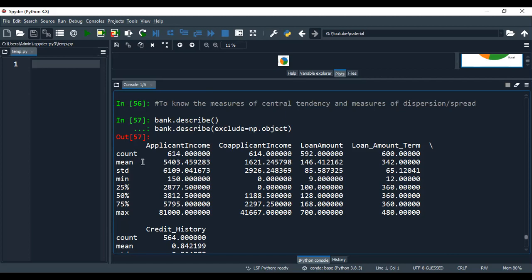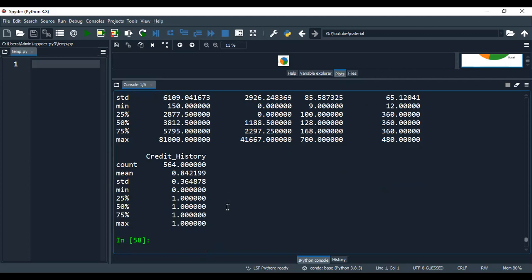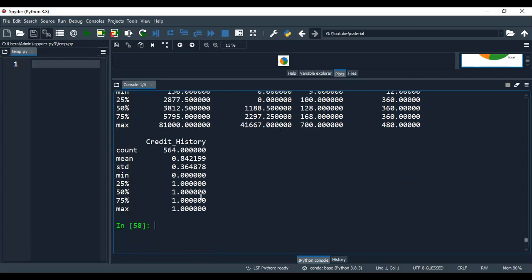If you give dot skew and dot kurt, you can get the measures of dispersion and spread along with these details. So far we have got minimum, maximum, mean, standard deviation, count, then different quartiles, Q1, Q2, Q3. Likewise, we have got all the details using the describe command.